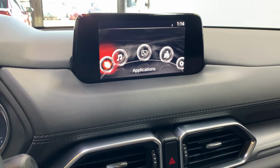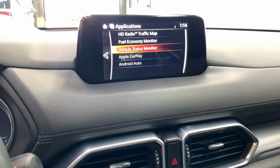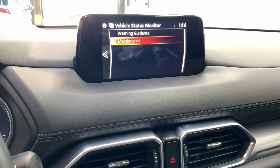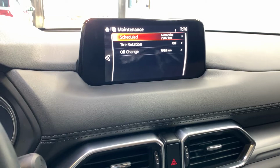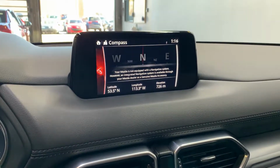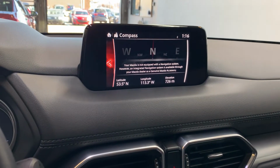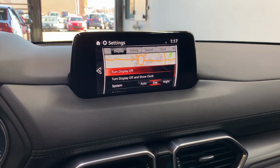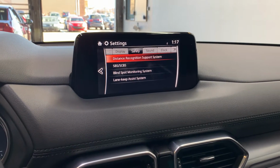If you go to the main screen here, so applications, this is where you'd see your Apple CarPlay, Android Auto, as well as vehicle status monitor. So your maintenance reminders and all that fun stuff. While the vehicle doesn't have it at the moment, you can upgrade navigation at the point of sale or anytime afterwards as well. If we go into settings here, into safety, you can see distance recognition, so that'd be your